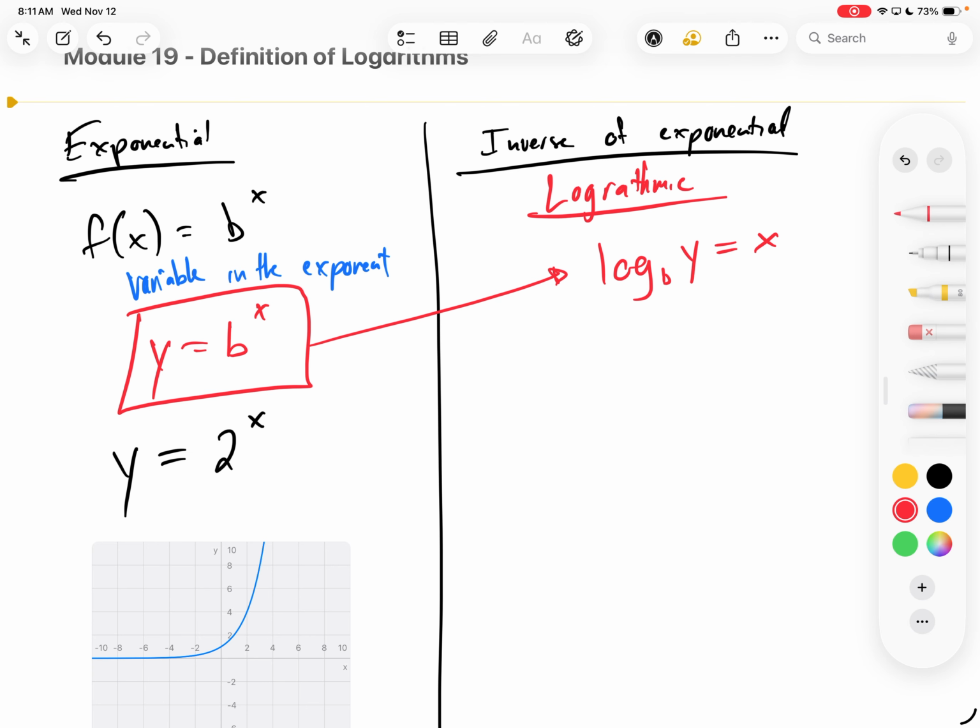And then the way that I say it, or the way I remember which are the x or the y, is that since this exponent is up here all by itself, it is going to go over here by itself, okay? So what actually happens here, and probably the better way to write this is, sorry,